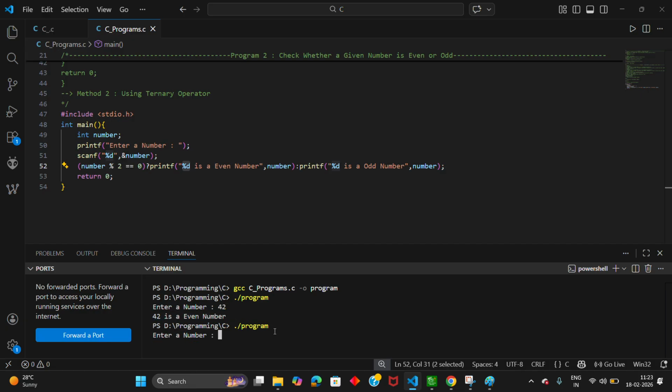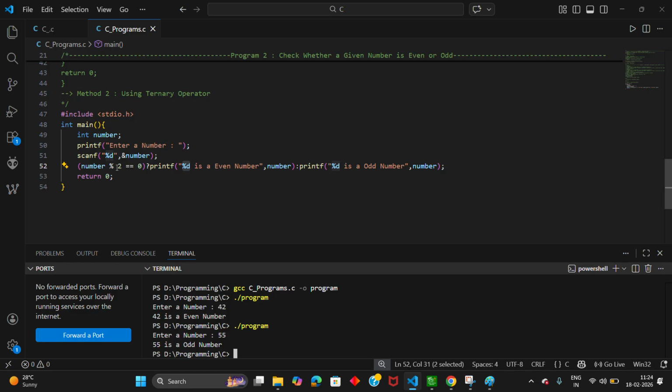Let me run the program again and enter the odd number, that is 55. What happens now is the number 55 will be stored in the memory location pointing to the number variable. Whenever the number is called, 55 will be used, because 55 is stored with the help of the ampersand number, which points to the memory location of the number.